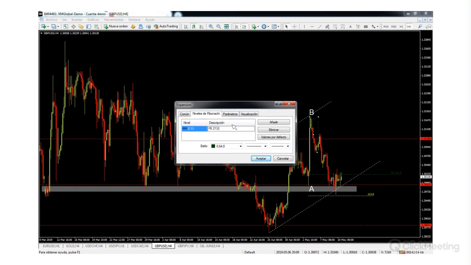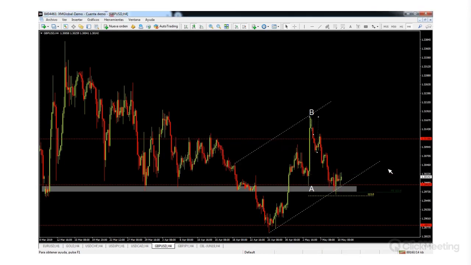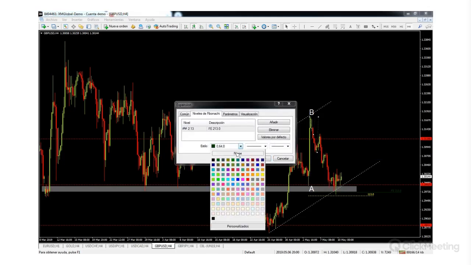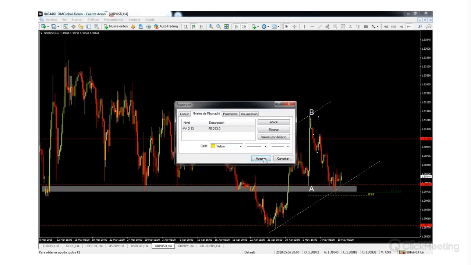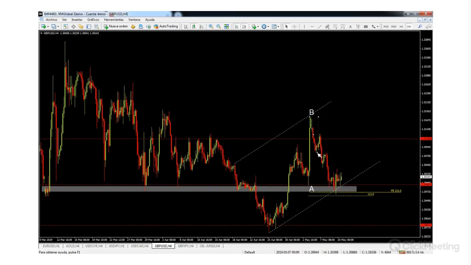And the reason we do this is because when we trade with ratios, let me just change the color of this Fibonacci expansion or extension, because we need a brighter tone because we have a black chart. So basically, the reason we do this is because,